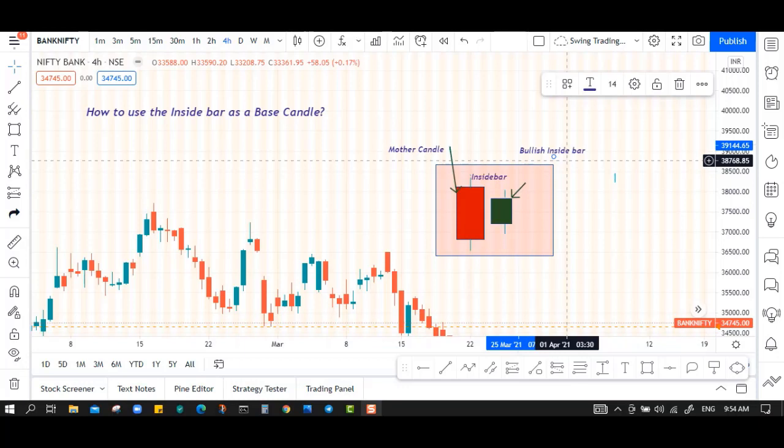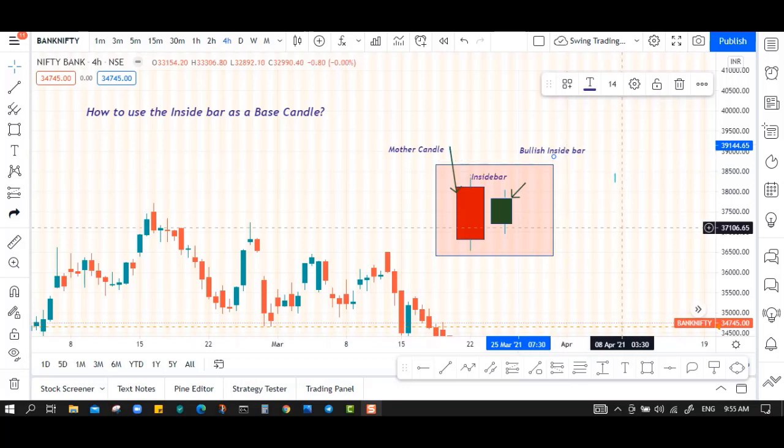When it happens at the beginning of a strong move, we need to know how to draw the demand zone correctly using this pattern, because when the market approaches this demand zone, price will go strongly higher. When we identify a strong move made by banks or big financial institutions, we look at the beginning of the move to draw the zone. If the move started with a bullish inside bar, we simply draw the distal line at the lower shadow of the mother candle and the proximal line at the close of the inside candle.